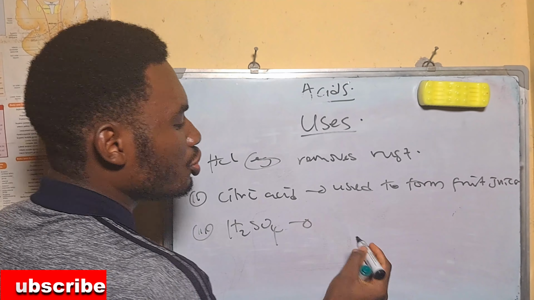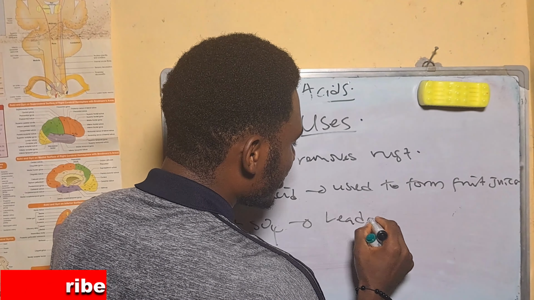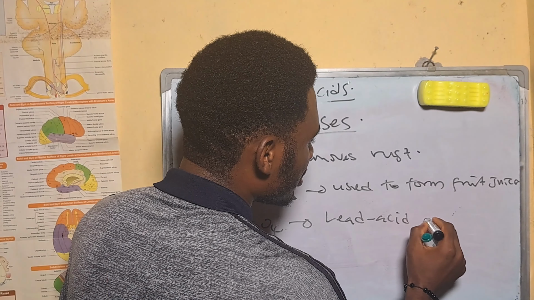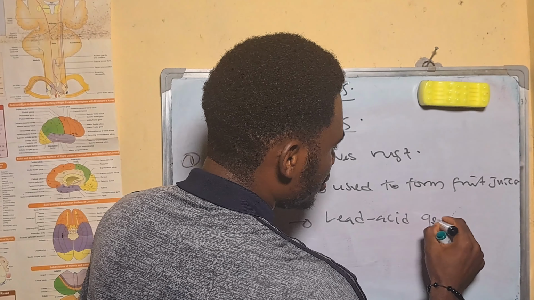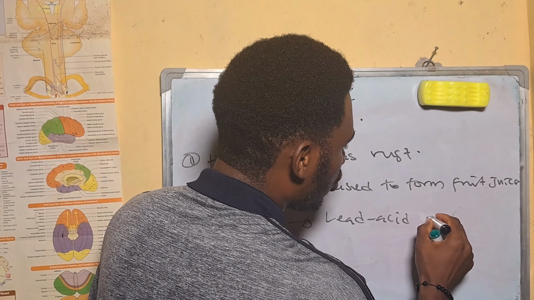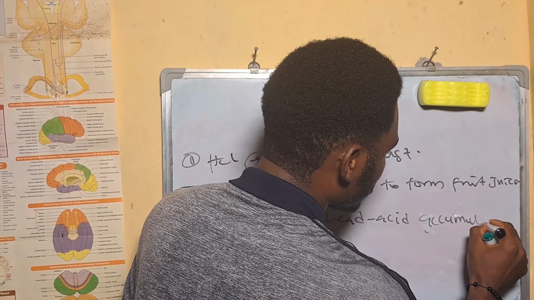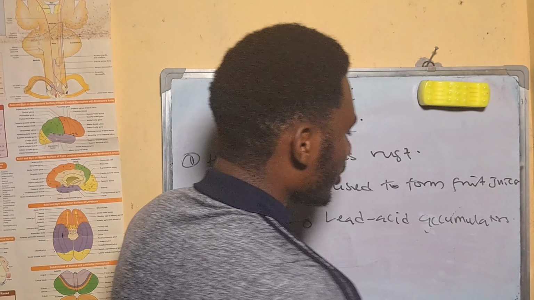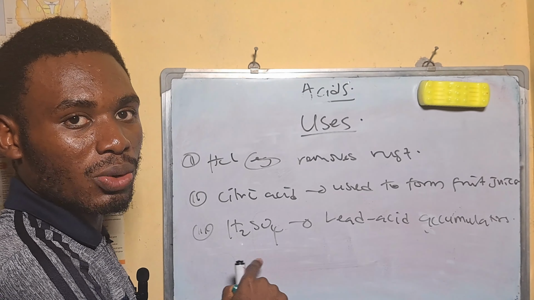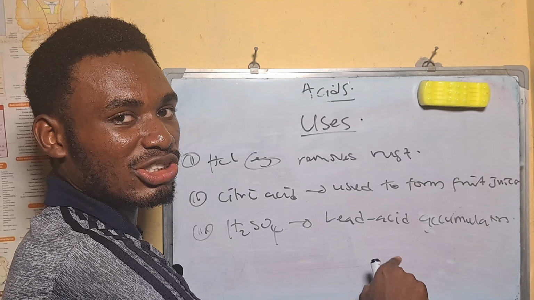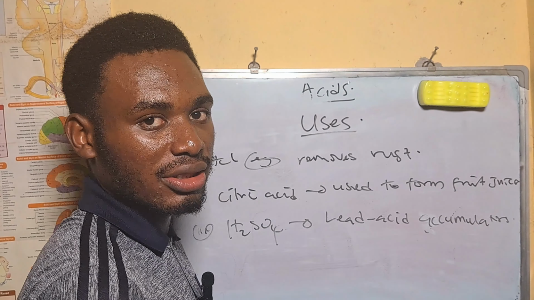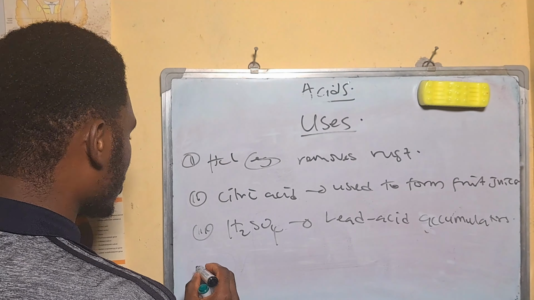H2SO4 is used in lead acid accumulators. Okay, so because this is a strong electrolyte, it can be used in some batteries to generate electricity. Okay, for current flows. Nice. Also,